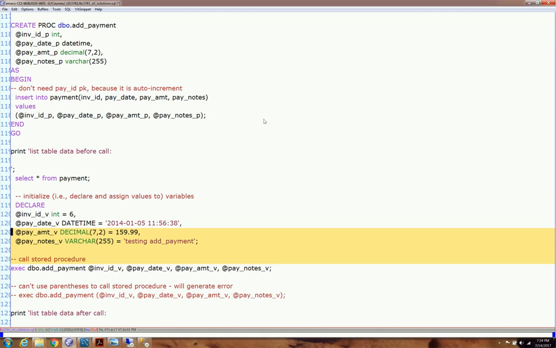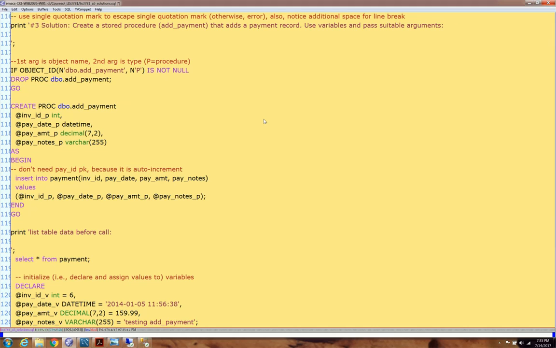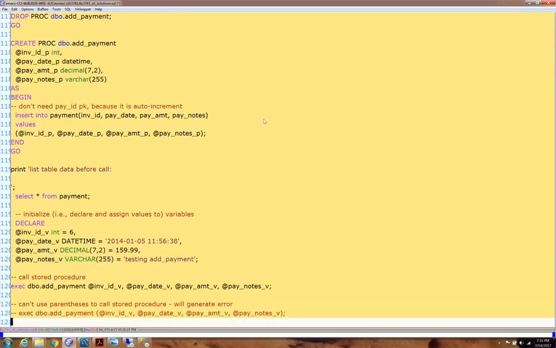So here is the answer, and we're creating this store procedure called add payment, and then what we're going to do is declare these local variables right here. Okay, so here it is right here. We create the store procedure, and then I'm going to do the select all payment before the call. I'm going to create local variables, execute